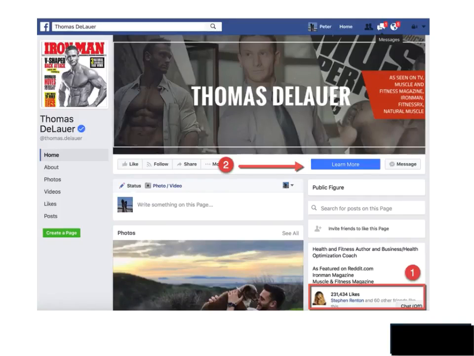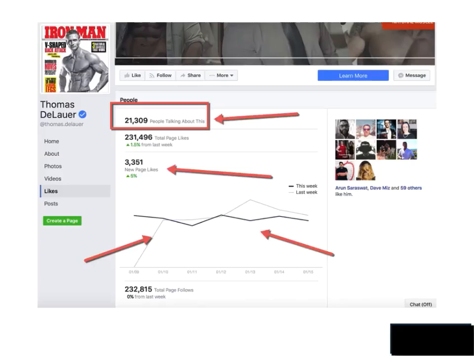Look at his number two. He's got his call to action under his big banner. That's what you should have there. I see people having some stupid, ridiculous stuff on when they misuse that button. They don't use it properly. You have to understand your marketing funnel. So when you look at number two, when you click on number two where it says learn more, before we do that, let's go over to